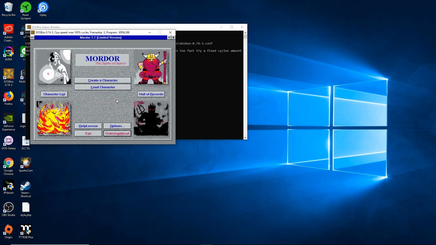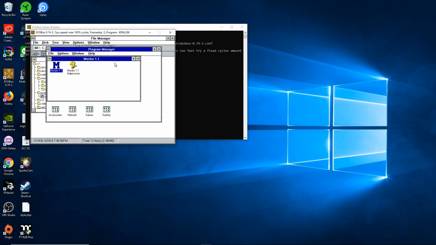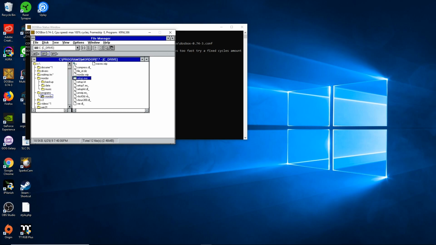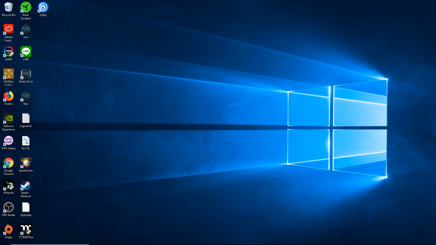Okay. But as you see, when I load it into this screen right here, you don't hear any music right now. Typically, when you open this screen right here, you should be hearing the music. It's because we don't have any sound drivers installed right now. So now we got our game installed. We see that it's working, but we have a few errors. So now we're going to start to address those errors. So I'm going to go ahead and get out of DOSBox, and then we are going to begin the process of doing our